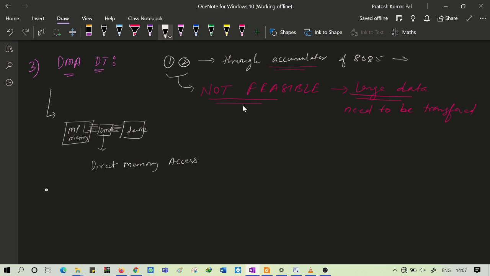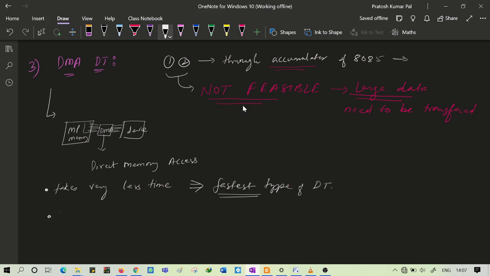So that's why it takes very less time. Therefore, it is called the fastest type of data transfer. Okay, so this scheme is basically considered as the fastest scheme of data transfer.